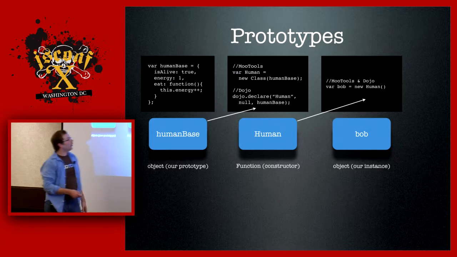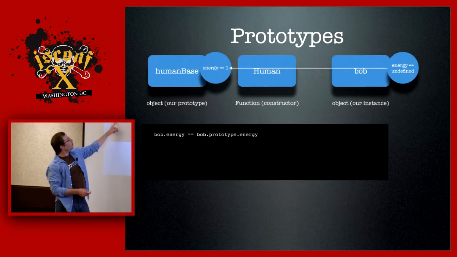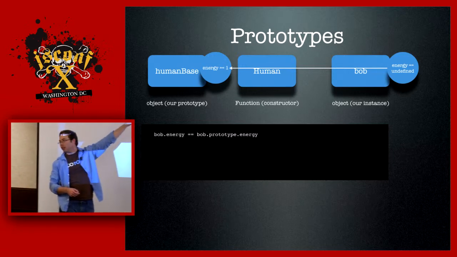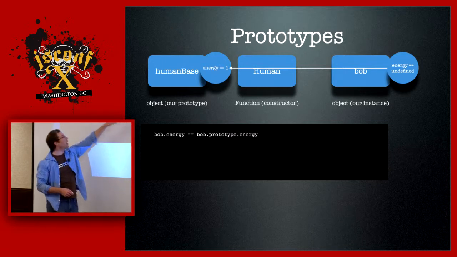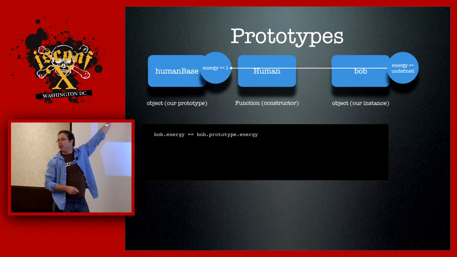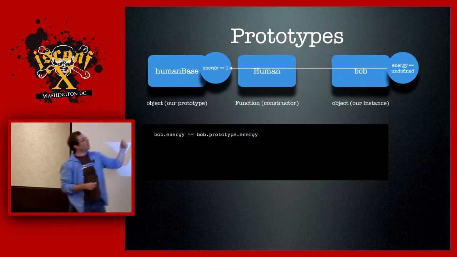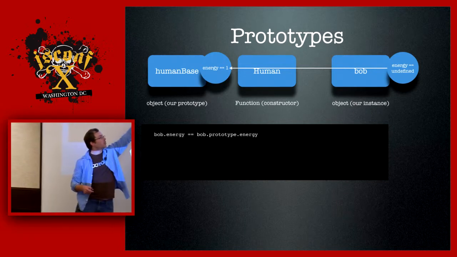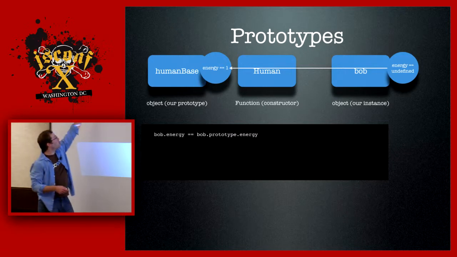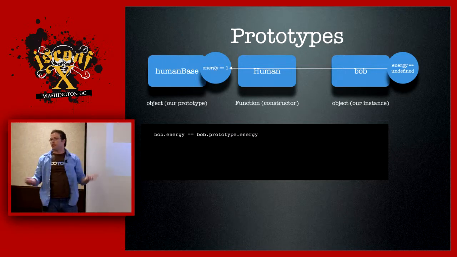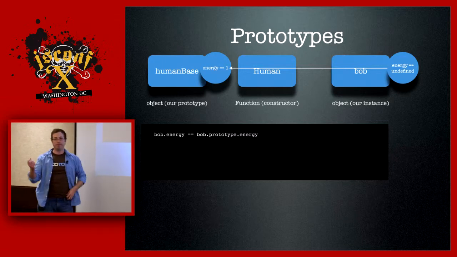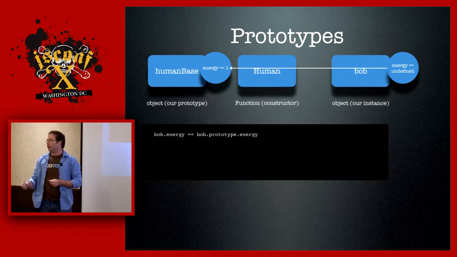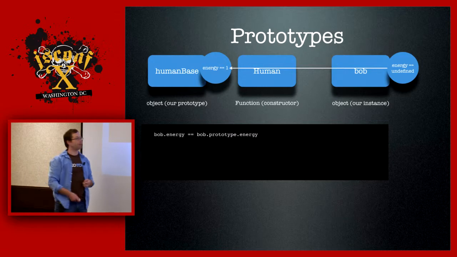It's our instance. So if we look at Bob and ask about his energy property, what we'll find is that Bob actually doesn't have one. He's just an empty object whose prototype inherits from this humanBase object we started with. So the way prototypical inheritance works is that if I say, if Bob.energy equals 1, then do something, that's true. Because the first thing that happens is it discovers that Bob doesn't have a property, so it goes up its prototype chain, and so on. And this is how, for example, all of your arrays have a method called join. If you ask for an individual array's join method, it's not really there, it's on the prototype.